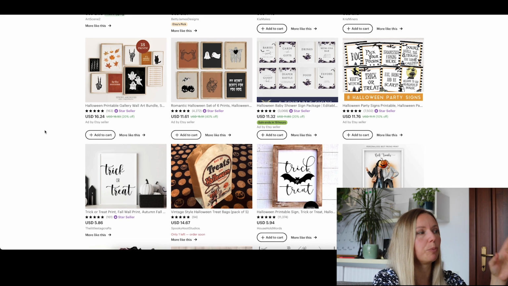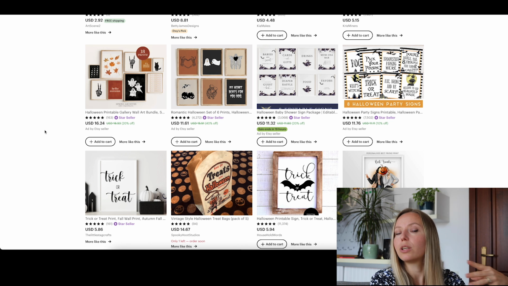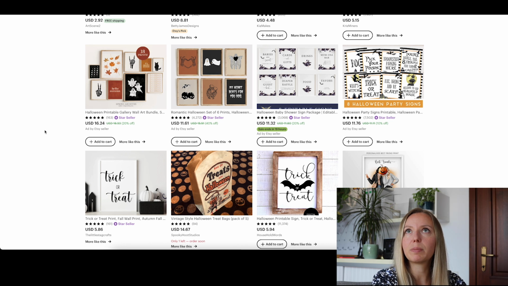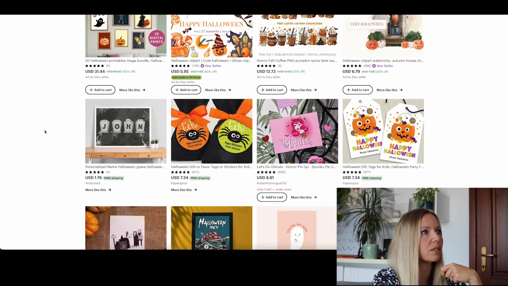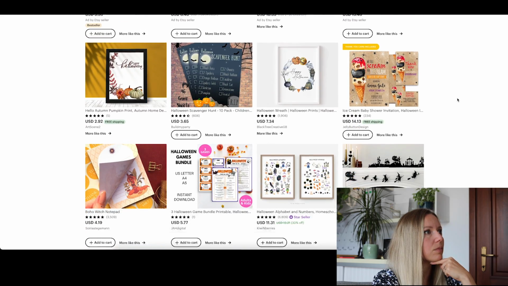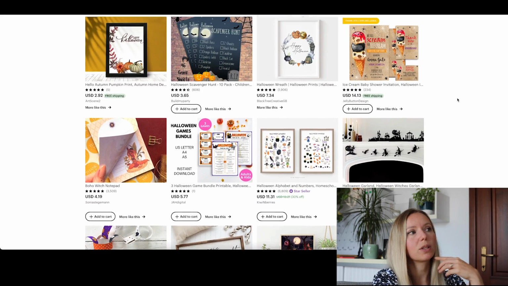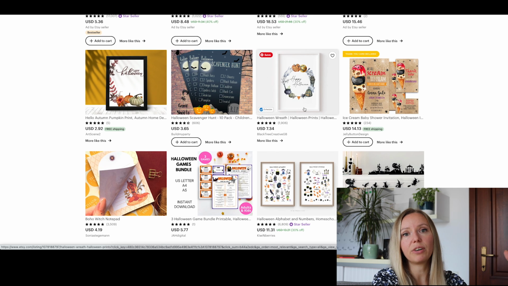I would not do the prints because Halloween lasts only for one day. Maybe you put out the decor 2 weeks in advance, and it's not worth the money to put out a print for only 2 weeks in a year. Yes, some cute tags. Yes, what I mean by the printables, like this one. This is a very cute one, but I would not put it up in my house for only 2 weeks.